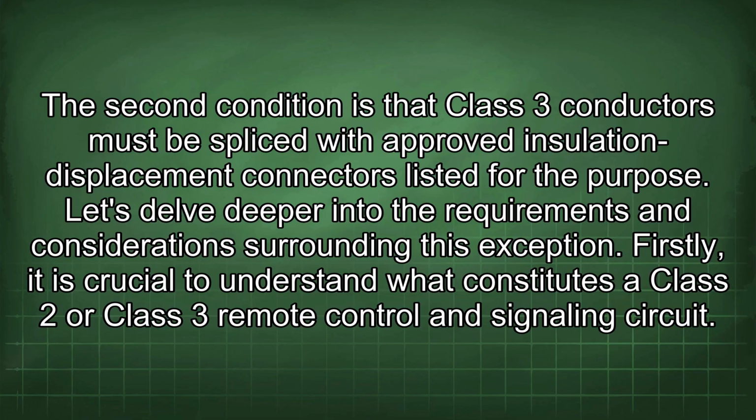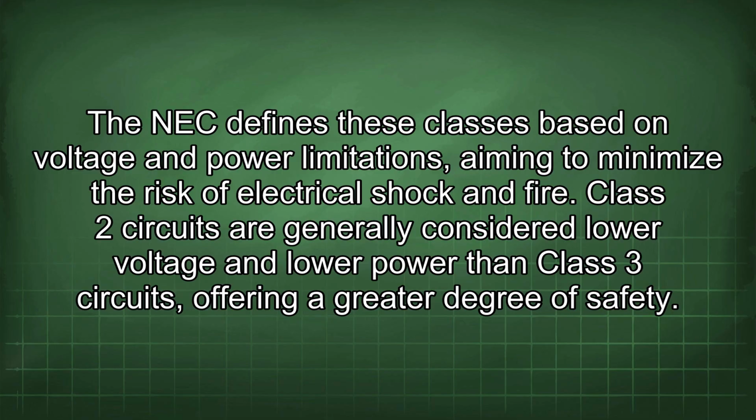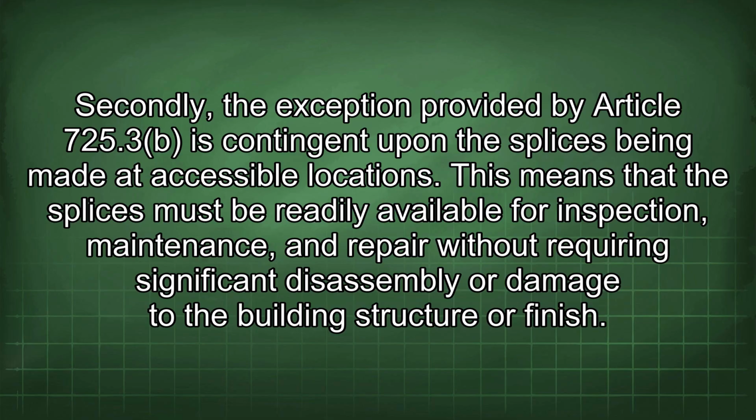Firstly, it is crucial to understand what constitutes a Class 2 or Class 3 remote control and signaling circuit. The NEC defines these classes based on voltage and power limitations, aiming to minimize the risk of electrical shock and fire. Class 2 circuits are generally considered lower voltage and lower power than Class 3 circuits, offering a greater degree of safety. Secondly, the exception provided by Article